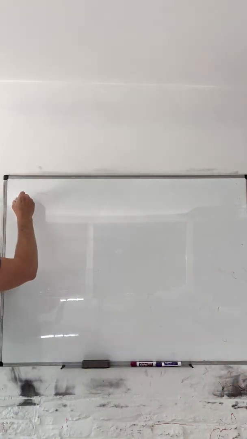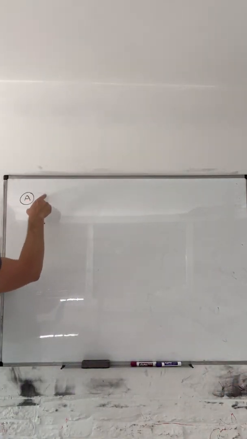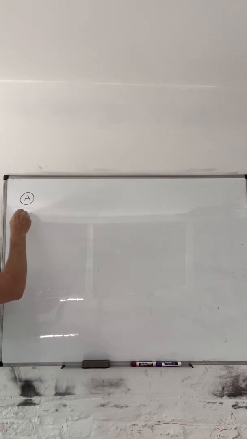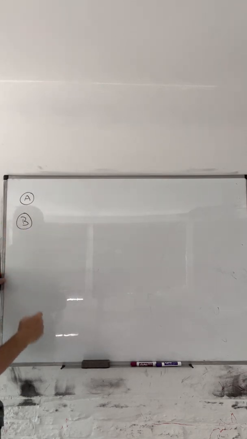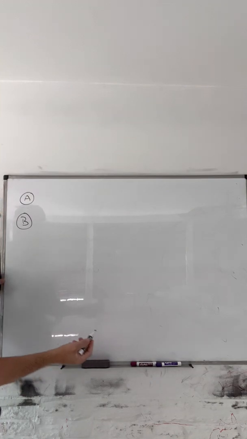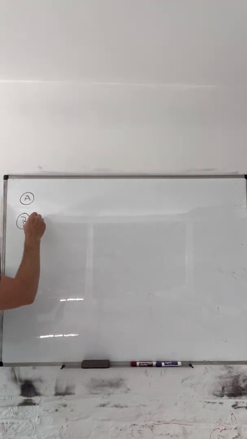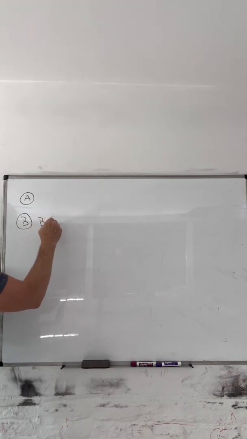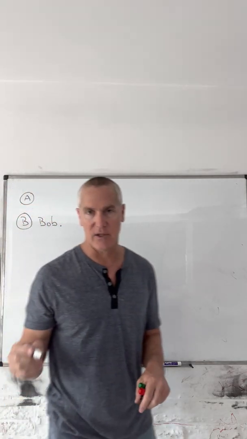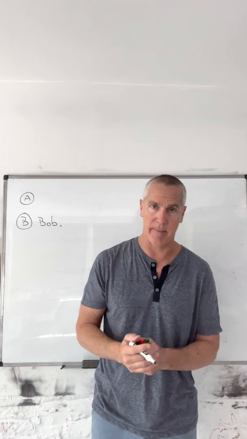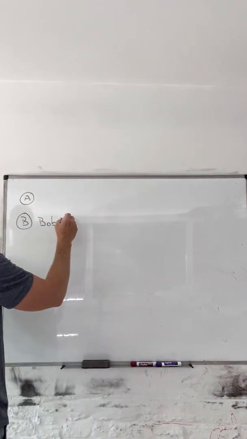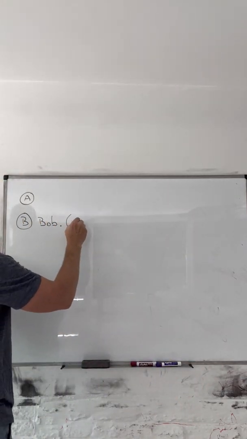So I'm going to write it, I'll do an example like this. Here's A, that's going to be the question. And now here's B, and this is going to represent the answer, okay? So a very, very simple, easy example would be something like this. Look. So the short answer is just this: Bob. Right? Now the long answer is this: